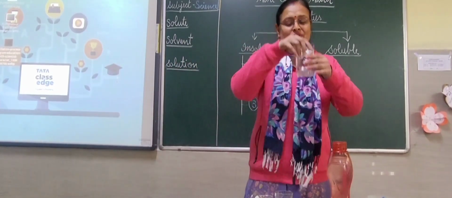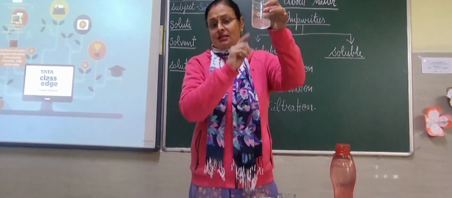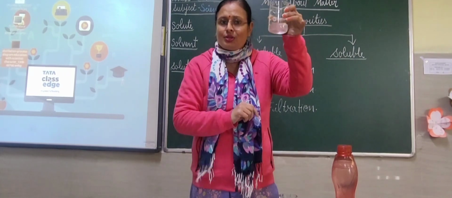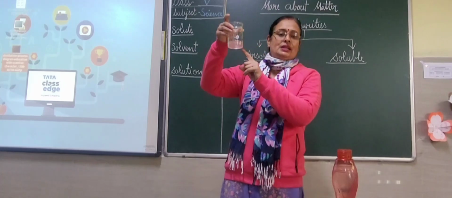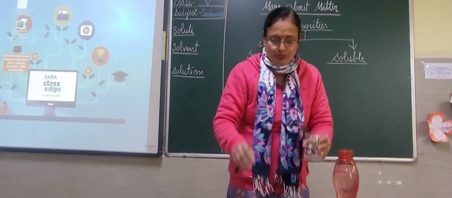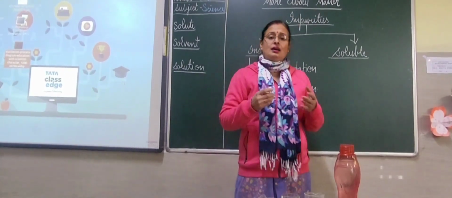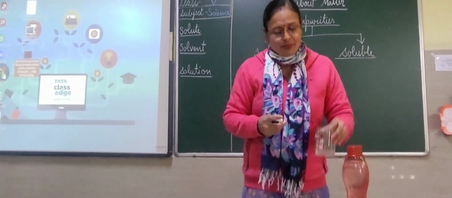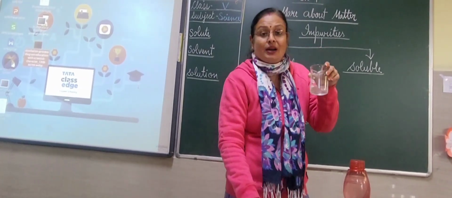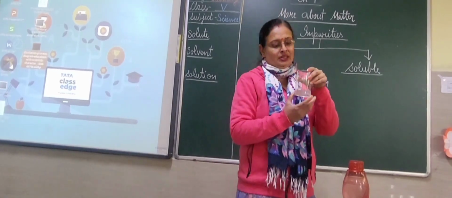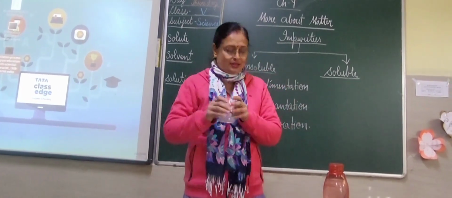Now, when we have observed this water, is this completely pure water? Is it fruitful for us? Can we drink this water? No. Still some soluble impurities are present in this water. These soluble impurities may be salt, different types of germs, and other things like minerals that are present in this water, which is very harmful for us, and these impurities are known as soluble impurities. Now, we are going to know how we can remove these soluble impurities.